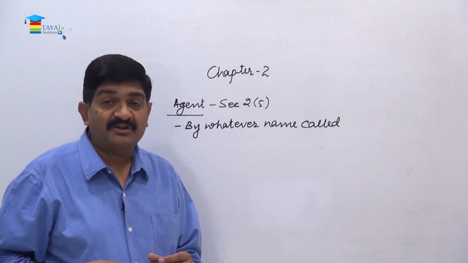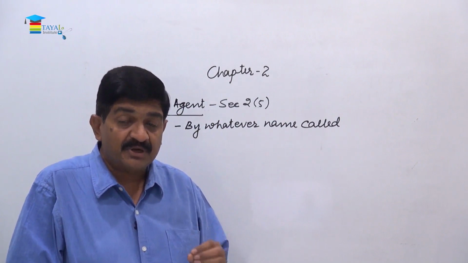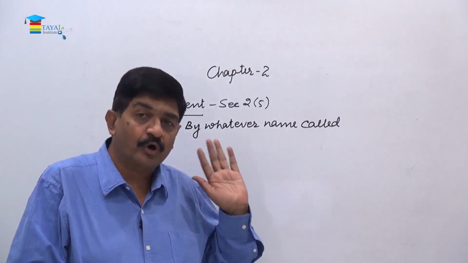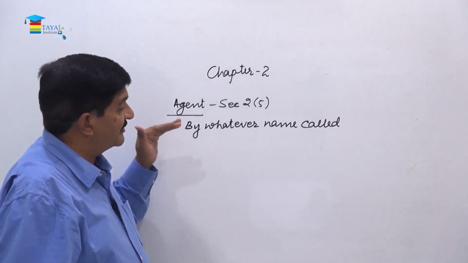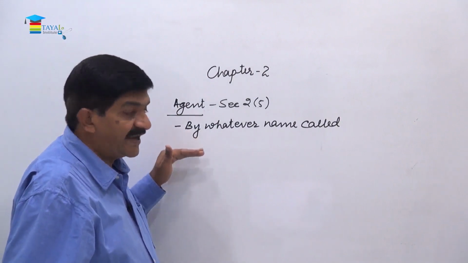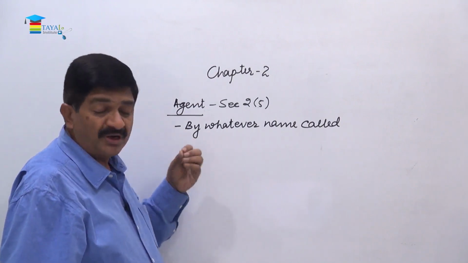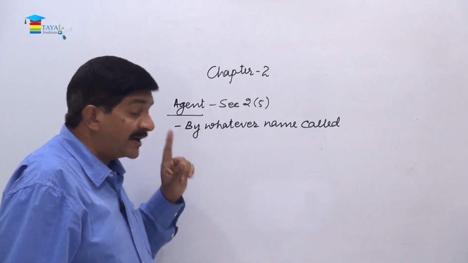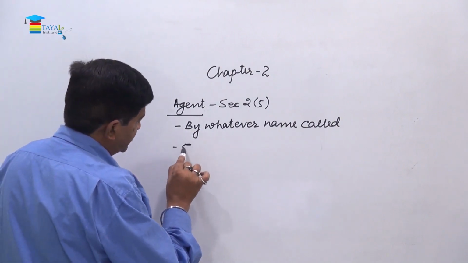Name actually means the designation given to him or how the person is addressed. It is not the formal name of the person. Whether he is referred to as a broker, an agent, an auctioneer or a del credere agent, whatever he is called, the role he is doing is that he is engaged